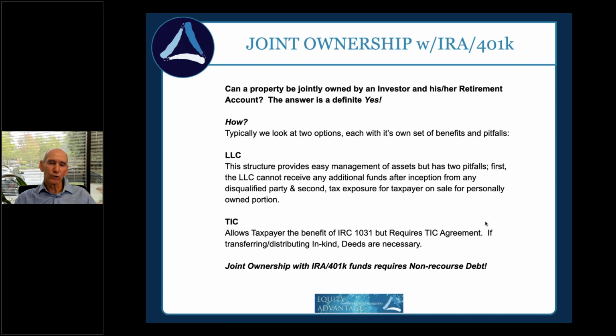And once again, with the TIC structure, upon disposition, the qualified money would go back into the retirement account, and the personal money would go forward via 1031, or you pay your tax. If we're looking at the limited liability company structure, the entity would have to do an exchange if you're looking at deferring all gains for you and that plan. Otherwise, you've got a problem because the plan's going to have the deferral and you would have the tax consequence. So to have things where you're jointly owning stuff, you've got X dollars in your pocket or in your 1031 and you need more to get the deal done, you're free to add funds via IRAs or 401k plans.